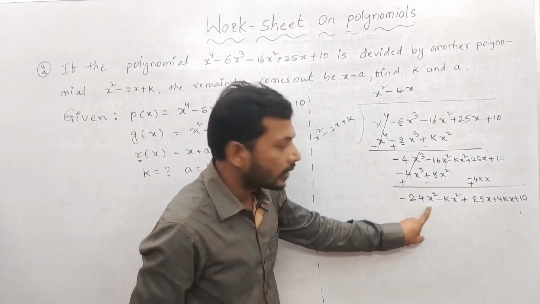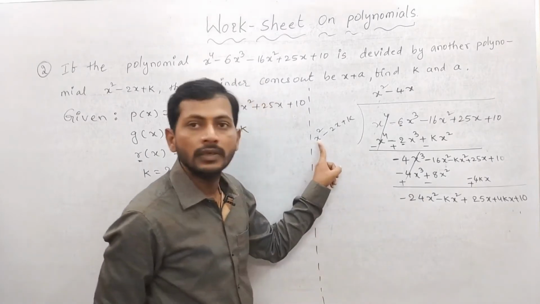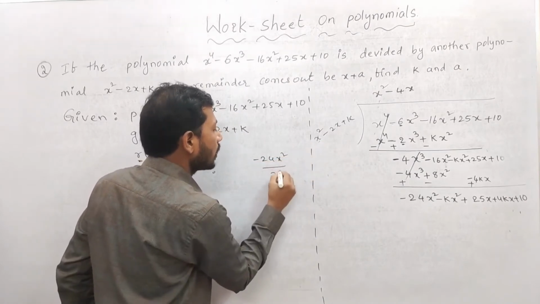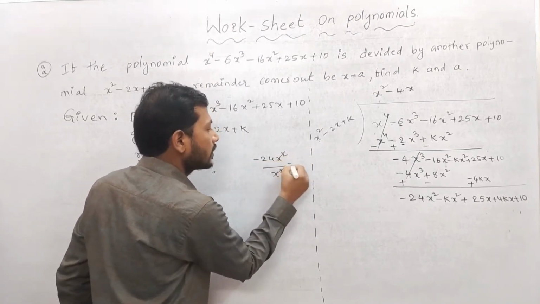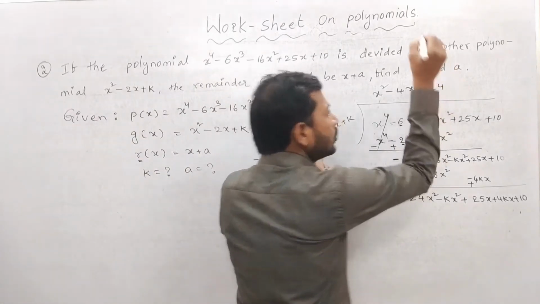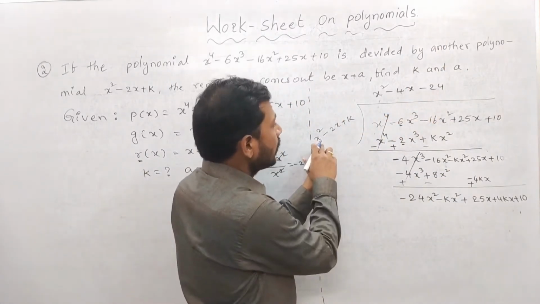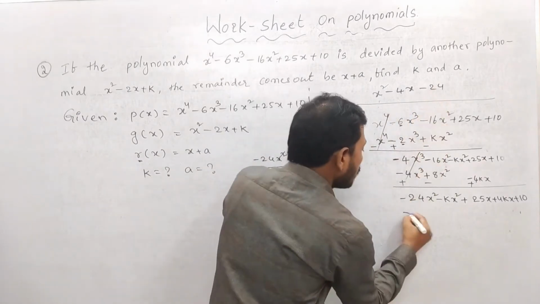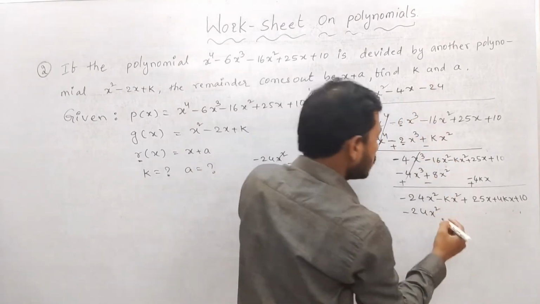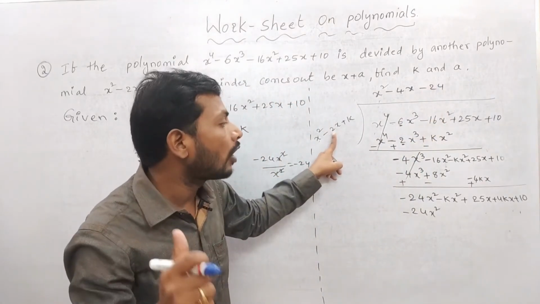Next, sir, 2 terms completed. Now which term do you have to cancel? Minus 24x square. You have how much? x square. Then minus 24x square, you have x square. Which term do you have to take? x square cancels, sir. Minus 24 I have to take. Then simply take that. I am writing here minus 24. Very good. If you take the minus 24 here, again x square into minus 24, minus 24x square, sir. Very good. Minus into minus plus. Then plus 2 into 24, 48x.